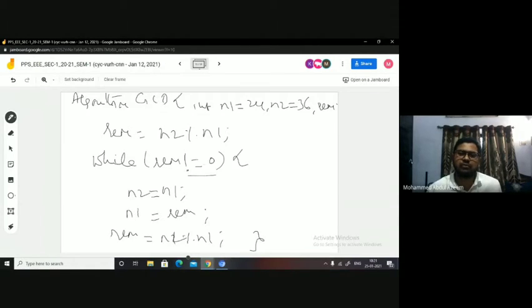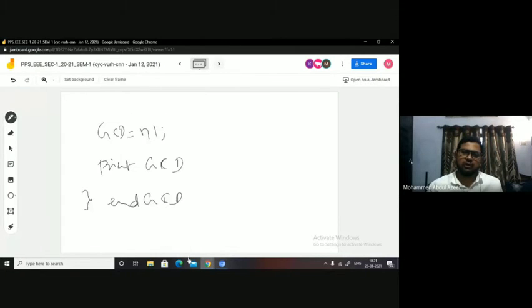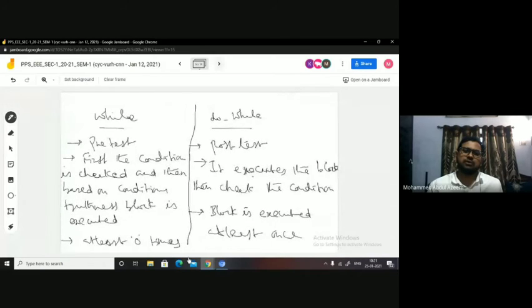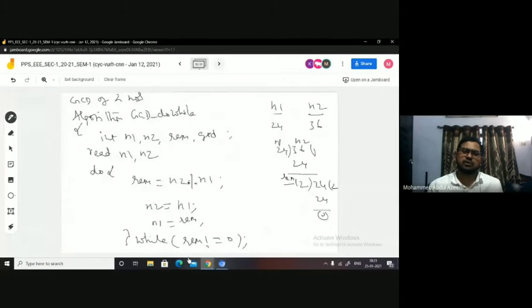So it means this statement I have repeated. This statement is there before while and after while. The number of instructions, if you see, is reduced by 1 here in do while, because that remainder checking I'll be doing after execution. So inside the loop, if I calculate the remainder once, that is enough for me. I need not repeat this statement like how we have repeated it for while, before while and inside while. But here inside do while, once it's done is fine.